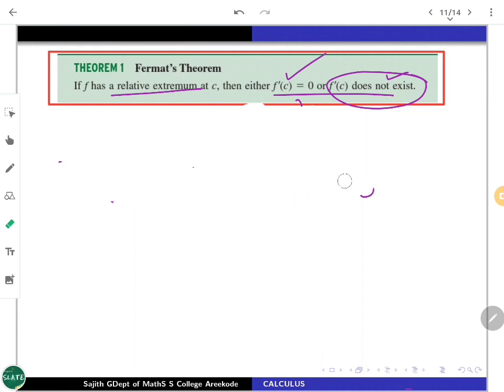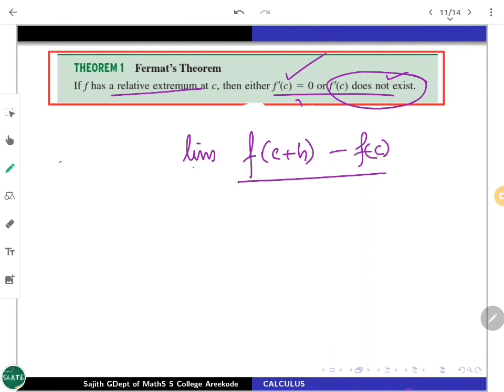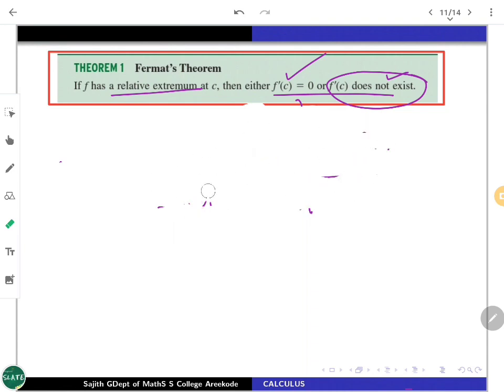We are trying to show that f dash C is going to be 0. What is f dash at C? Basically f dash at C is given through the limit, whenever it exists, of f of C plus h minus f of C divided by h, as h tends to 0. A limit should exist for this. That is what we are trying to look at. Now, remember f dash C exists. So it exists in an open interval, say I. So in an interval I, f dash C exists.